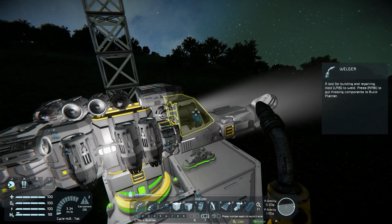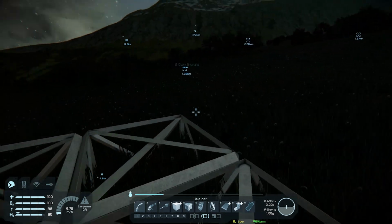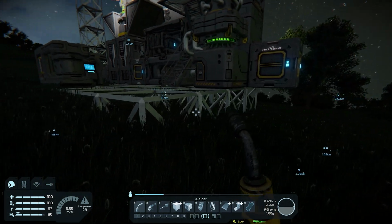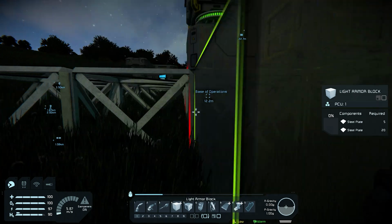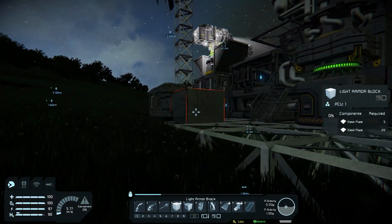Alright, this should now start to generate our hydrogen. So now we can begin with building our space explorer. We will need some space to build on, so let us expand the framework a little. I'm also going to add a ramp on the side here,